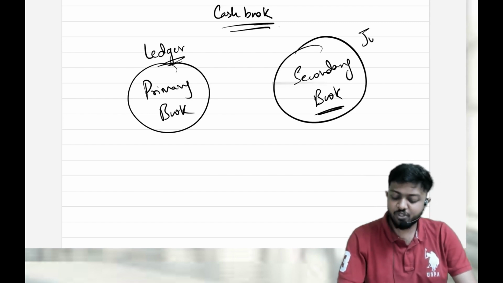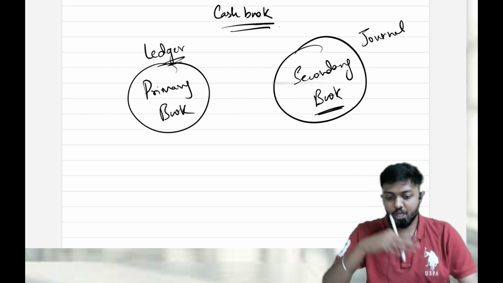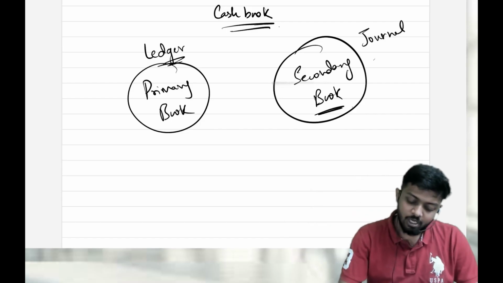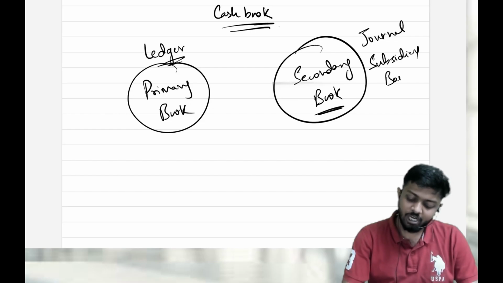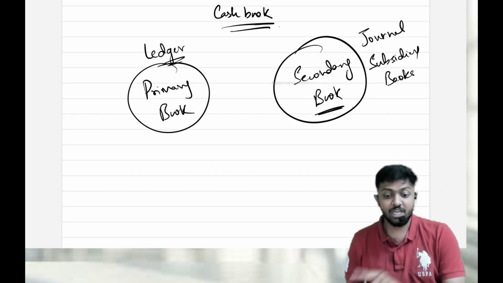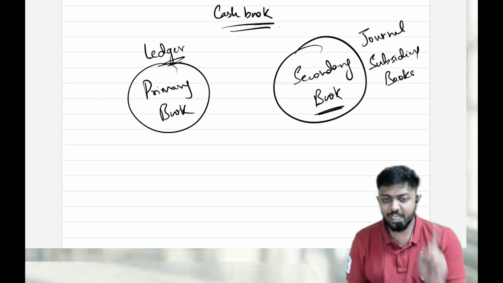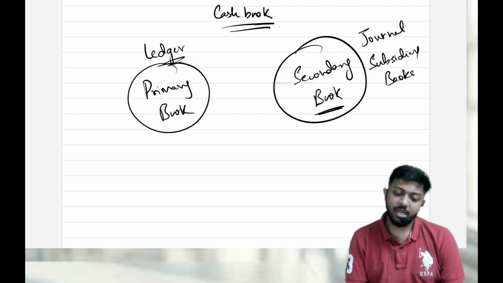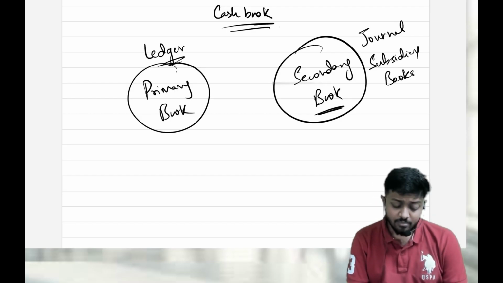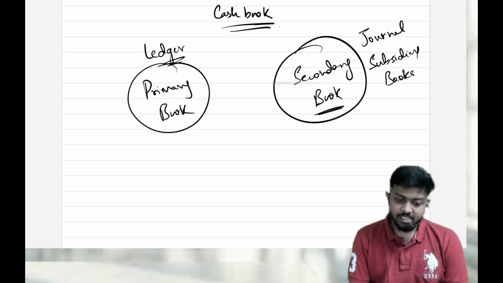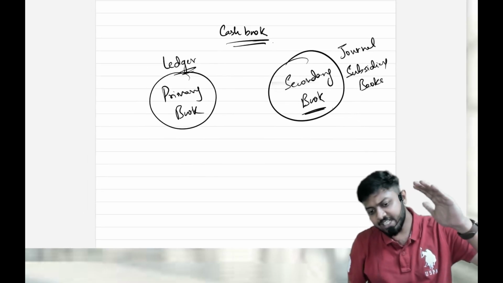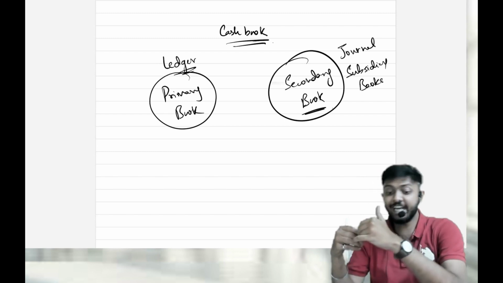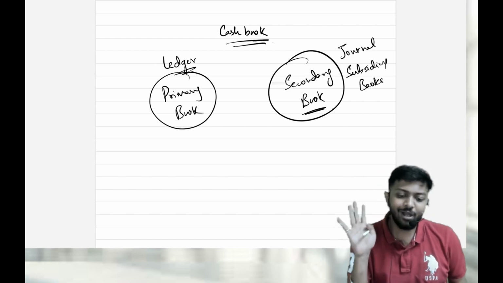All the journals that you saw, be it journal proper or special journals or subsidiary books, all these are called secondary books. Ledger itself, ledger only is called the primary book. Correct? This they can ask. And one more thing you should know. Whenever a transaction is recorded in a subsidiary book, directly it gets posted to the ledger from there only. Again entry and all is not passed.